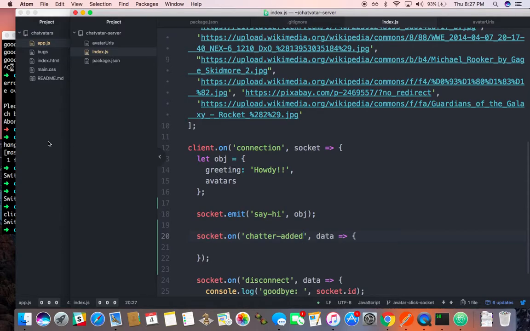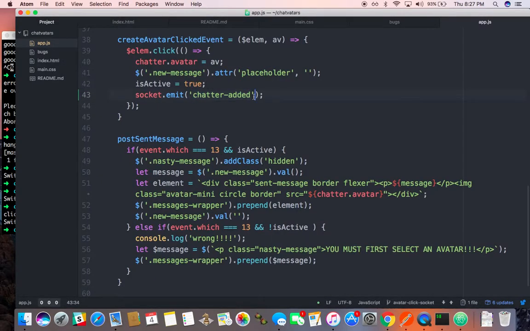So this is back end, that's front end. And I want to send him something. I just want to tell him, the only thing I can think I need to tell him is who I've chosen to be. So he's going to say, somebody has used this guy. And now that somebody's used it,